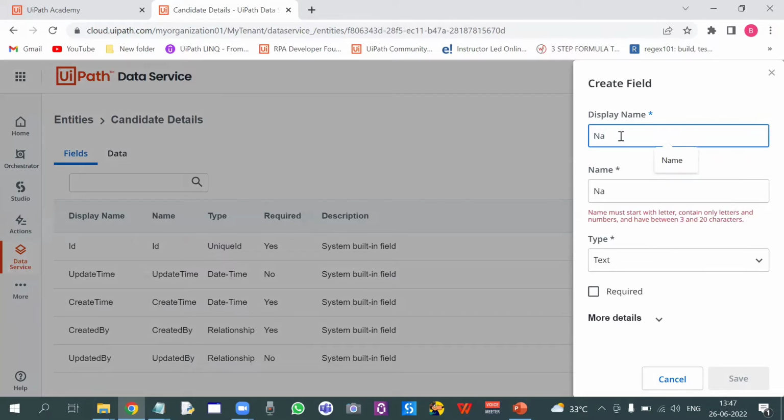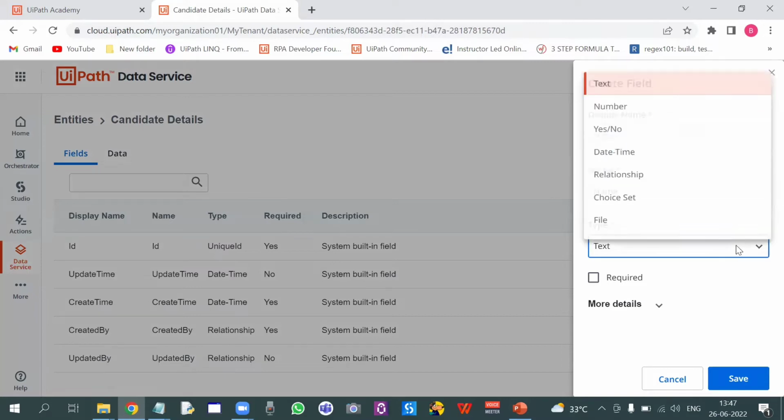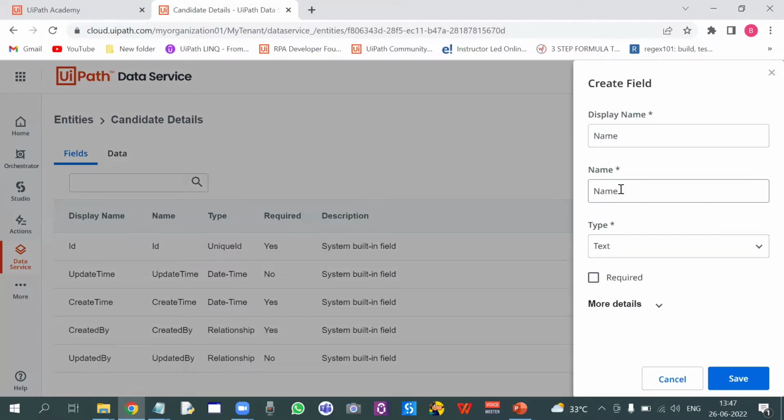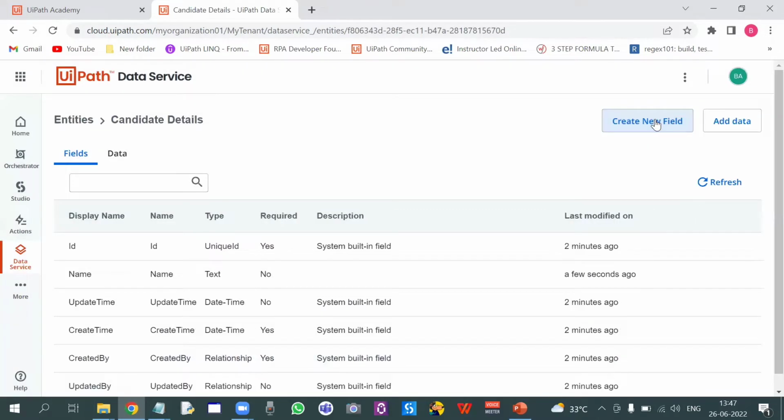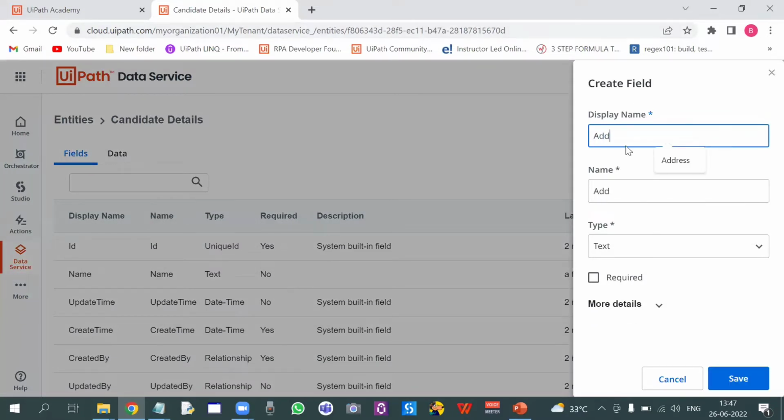Let's create a field as name, and we can also select the type of the field. It can be text, number, yes or no, date and time, relationship, file, etc. Now we need to choose the type as text. Hit on save. Let's create another field called address,